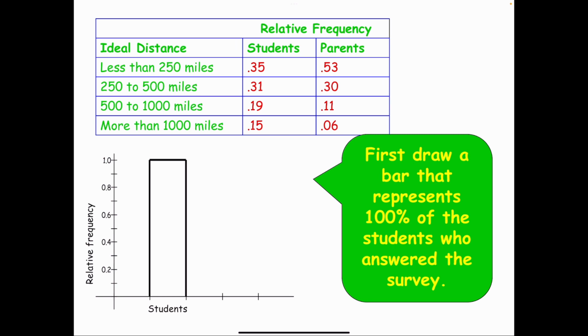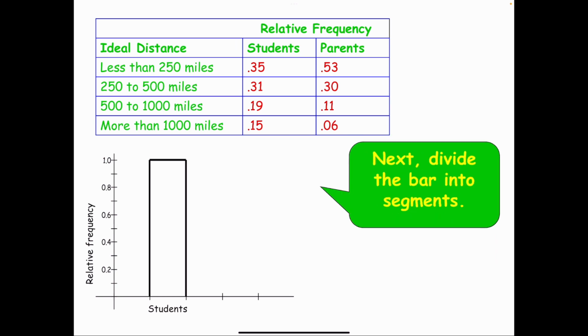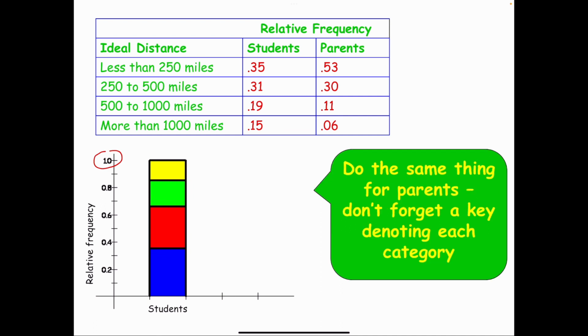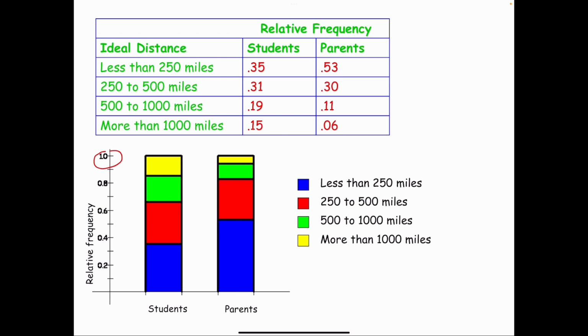So here we have the first bar for students, and next we divide the bar into segments, and notice here it's 100% of the students, and then we do the same for parents. We draw our bar and we divide it into segments, each segment corresponding to the relative frequency from this